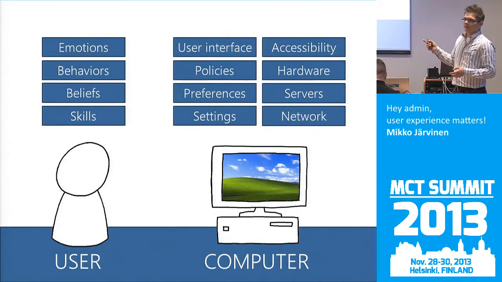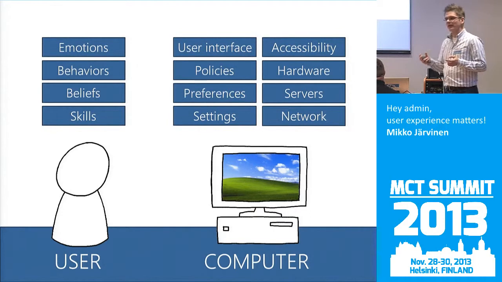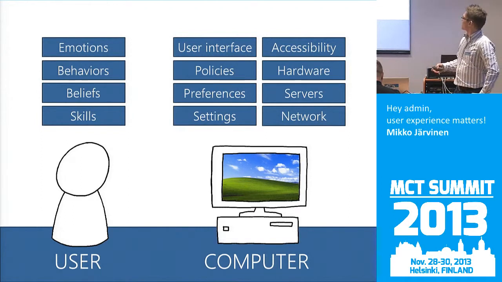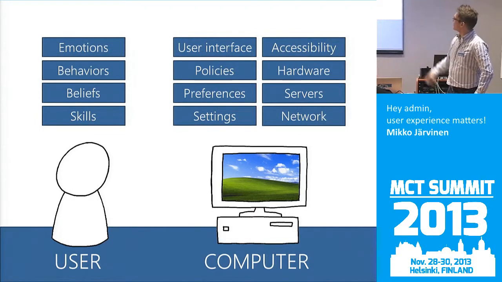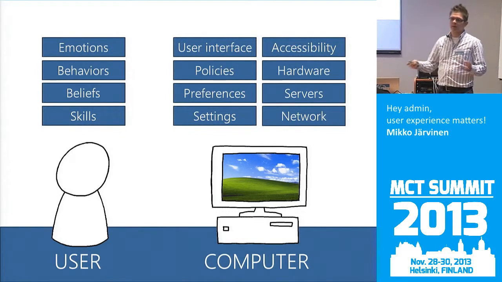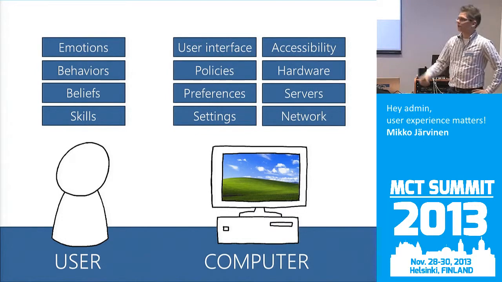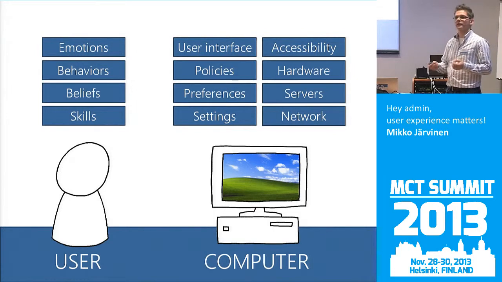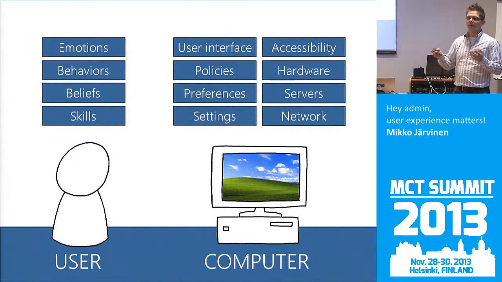User interface. That's the software developer's world. We administrators can do pretty little for the user interface. It's locked. The Office ribbon, it's there. We cannot change it back. Users just have to learn to use the new user interfaces, and that's where the training and the skills come in, and how the users see that, okay, this is actually not that bad when I learn to use this. But the policies, preferences, and settings, those are the three important things that system administrators can do to help the users use the systems and improve the user experience.